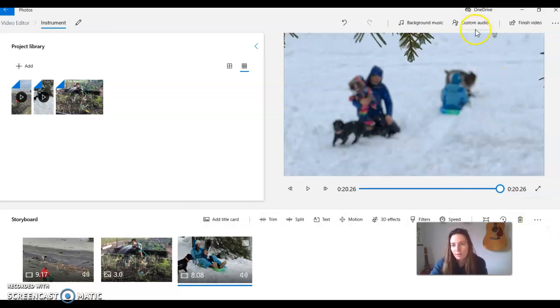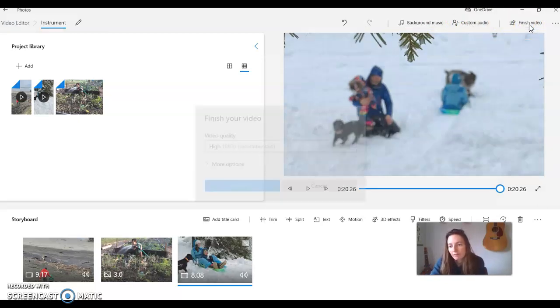And so now what I'm going to do is I'm not going to put background music in, and I don't really want you to do that because I want to make sure I can hear everybody playing their instrument. But if you want to try to do that, that's fine. If it's really